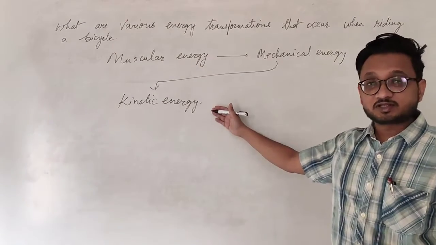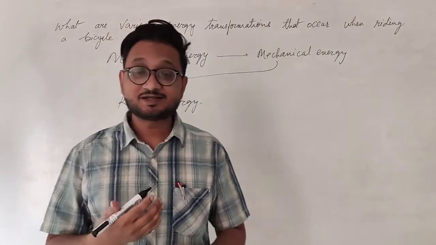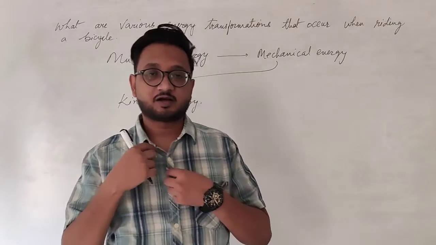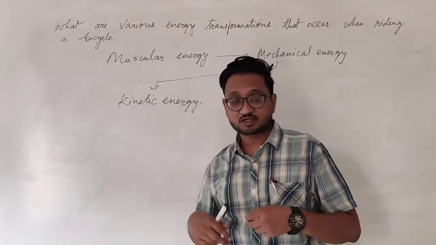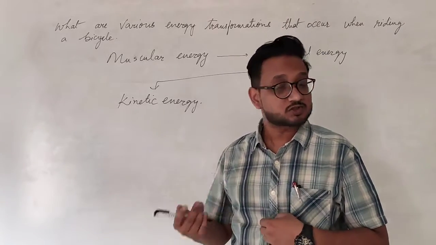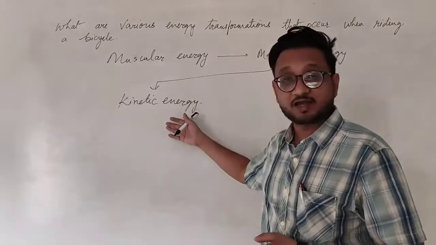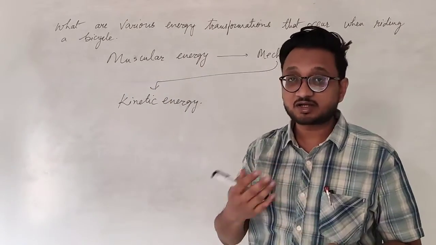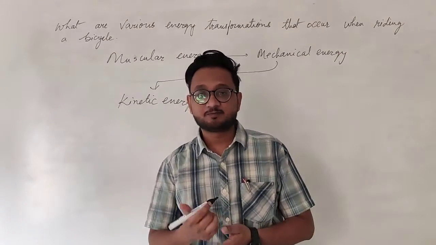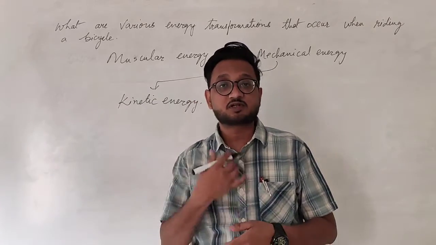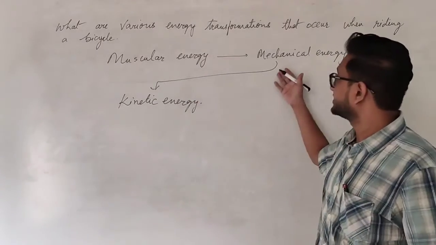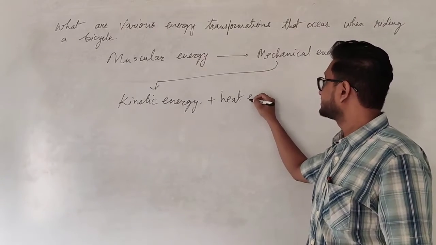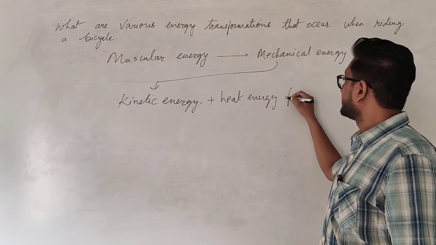Also, during this, our body is experiencing heat. We are having sweat and everything because we are consuming the energy. So our body is also transferring the energy into the form of kinetic energy. We are using muscular energy, and similar to the light energy in the bulb, our body is also dissipating heat energy. So we can say that mechanical energy is converted into kinetic energy plus heat energy from our body.